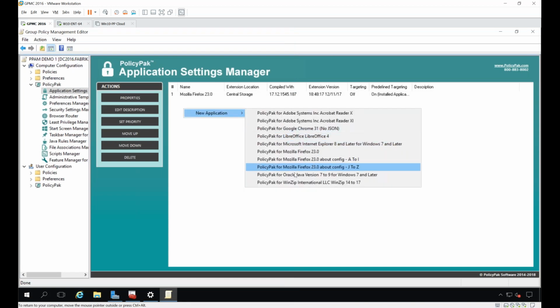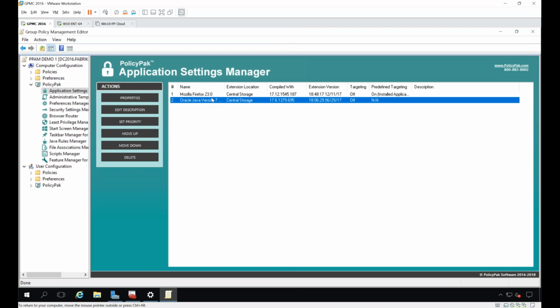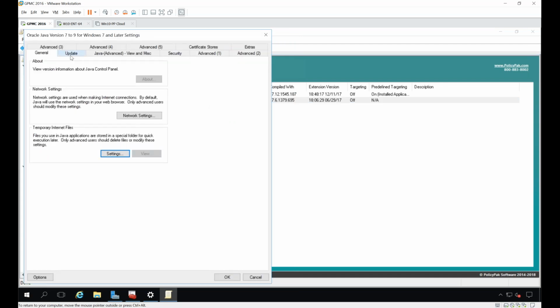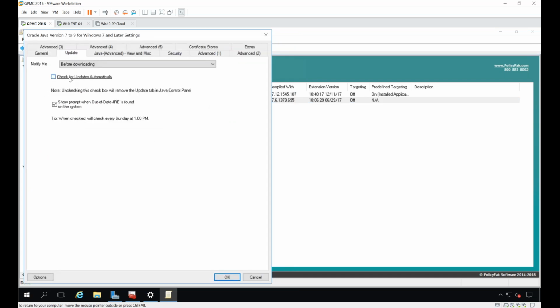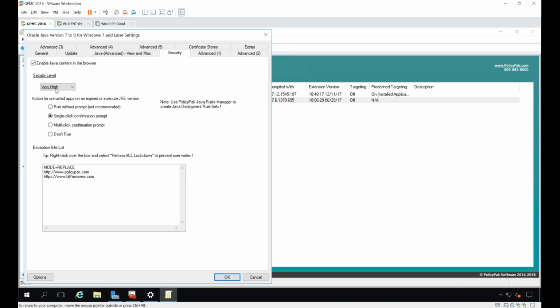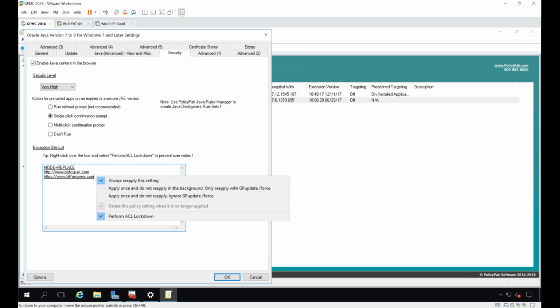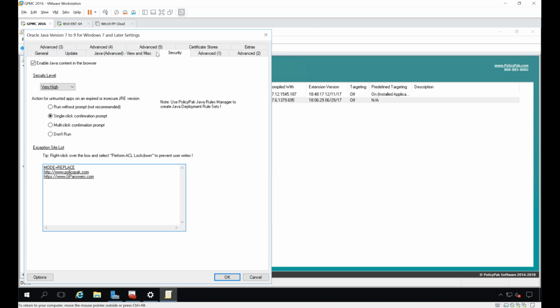Then for Java here, what am I going to do? Like I said, the most important thing is to not get stuck with updates. So this is kind of a two-part thing. First thing, we're going to say no checking for updates. In security, maybe we want to make it very high and lock it down. And you know this Java site exceptions list where users can just say, nope, I'm in charge, and users kind of work around your rules? Well, that's not a good idea. So what we can say here is get rid of all that junk that users think they know what they're doing and put on my site exceptions list the ones that we vetted at the company. And while we're here, lock it down so users can't be naughty and work around it. So we're going to force that on top of users.